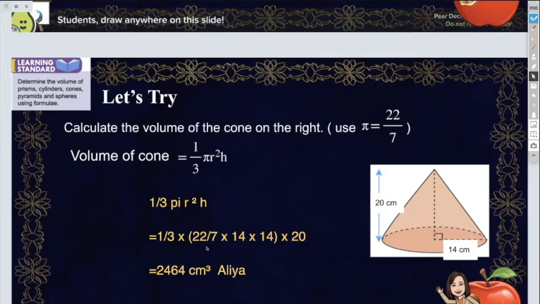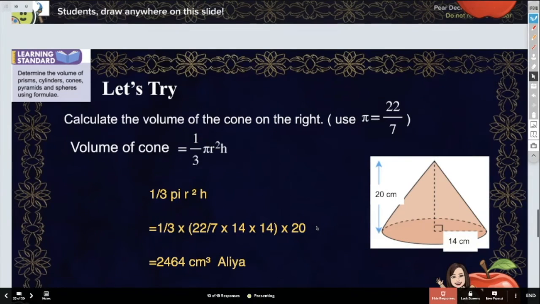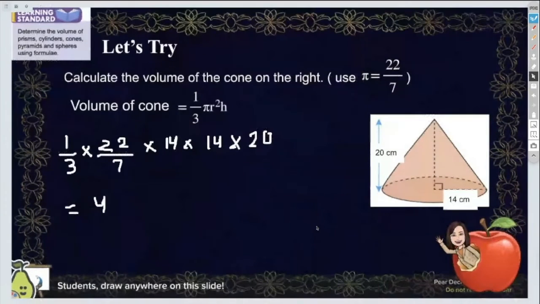Okay, apabila melibatkan pecahan, sila letak bracket. Okay, put bracket. So Alia, jawapan akhir salah tapi working di sini dah betul. Nilai yang dah masuk dah betul. So nanti kamu tak dapat markah akhir tapi jalan kerja masih dapat lagi. Tapi pastikan kamu jangan hilang markah sebab sayang kan. Bukan tak boleh buat, masukkan nilai saja. Salah tekan calculator, dapat jawapan salah.